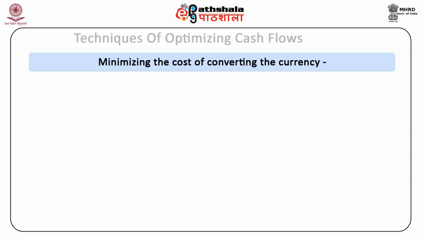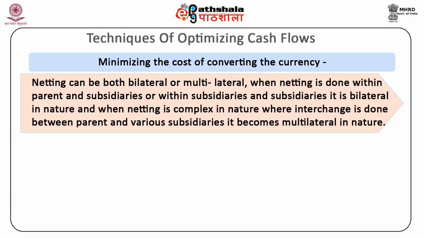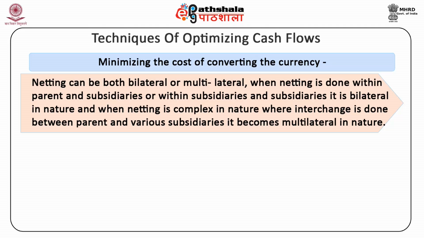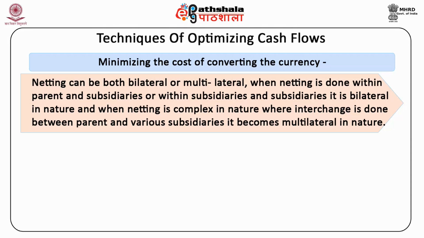There are various techniques through which a multinational company can optimize its cash flows. Those are minimizing the cost of converting the currency. A technique used to reduce the conversion cost through centralized cash management is netting. Netting can be both bilateral or multilateral. When netting is done within parent and subsidiaries or within subsidiaries and subsidiaries, it is bilateral in nature. And when netting is complex in nature, where interchange is done between parent and various subsidiaries, it becomes multilateral in